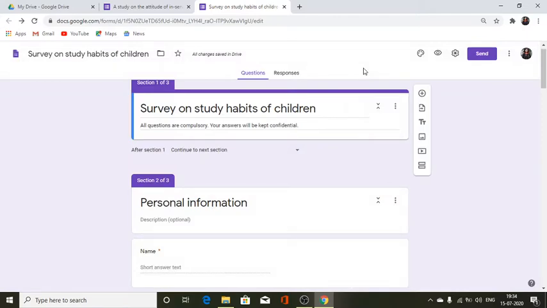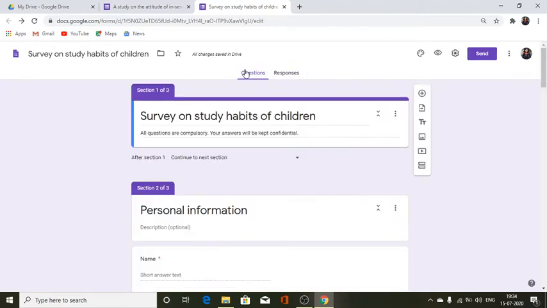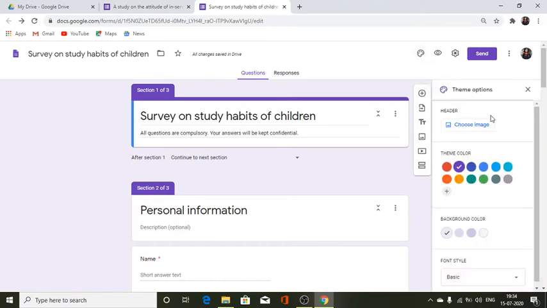Once the responses come in, the response section is empty now because nobody has sent us a response as yet. Before sending it, we can add a little bit of changes.